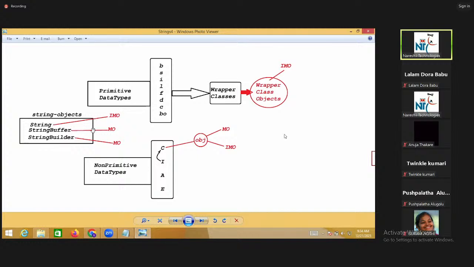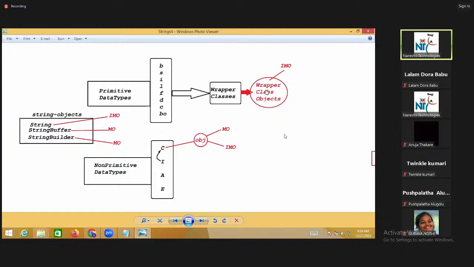String object is there, StringBuffer object is there, StringBuilder object is there. Again there are 2 types of objects here: mutable and immutable. Among mutable, 2 types: buffer and builder. One is synchronized, one is non-synchronized. Among immutable, the String object. It's a theory.